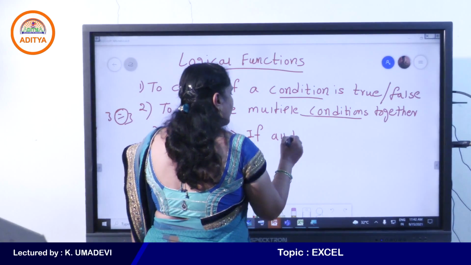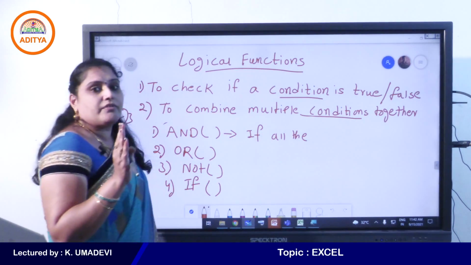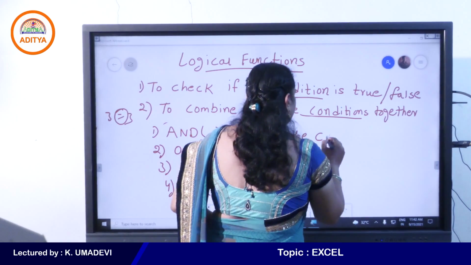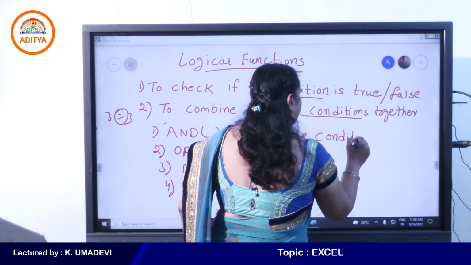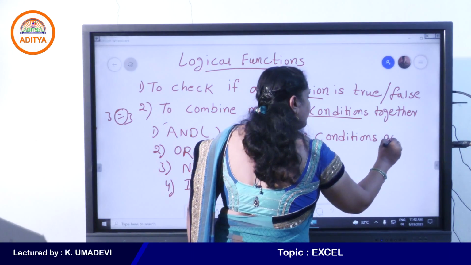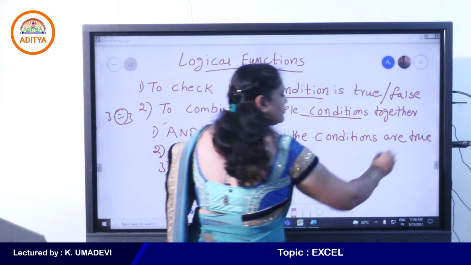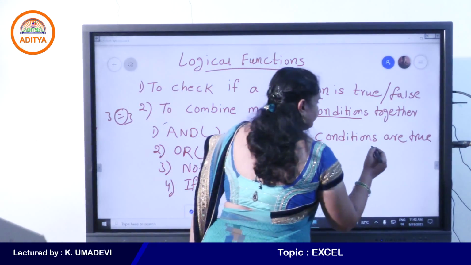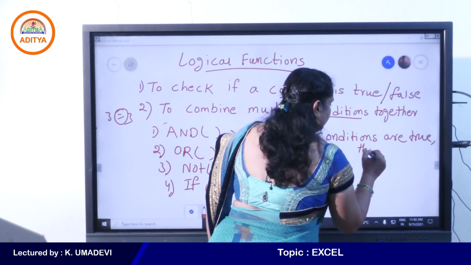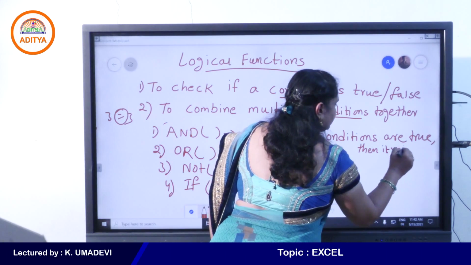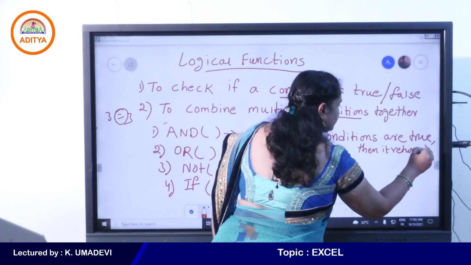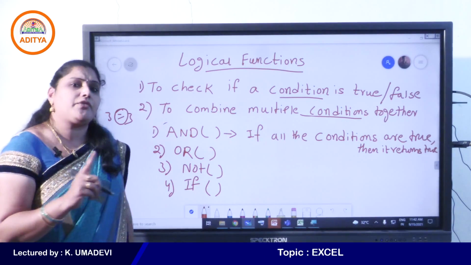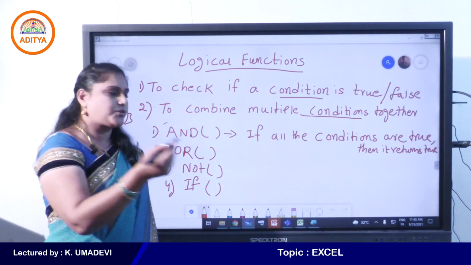If all the conditions or arguments used in AND function are true, then AND function returns true. Okay, when coming to OR, if any one of the conditions is true, then it returns true.